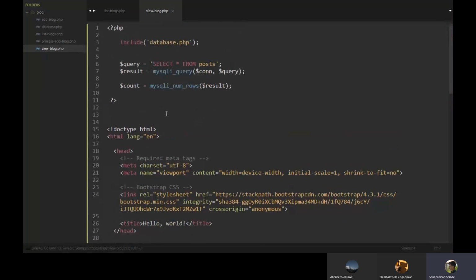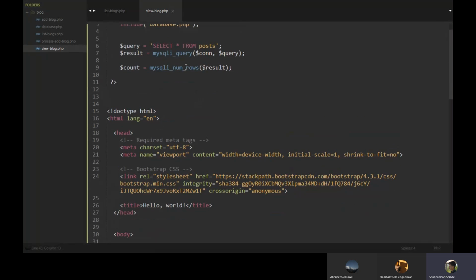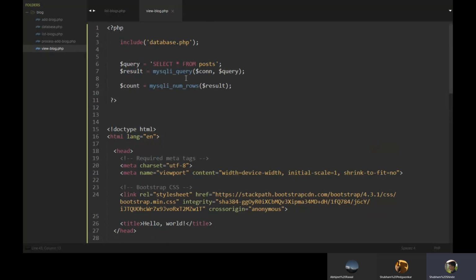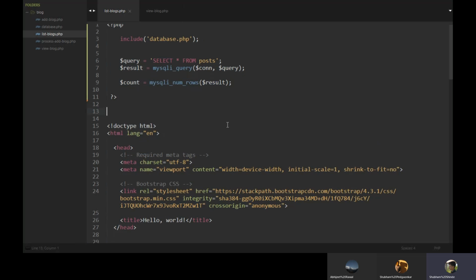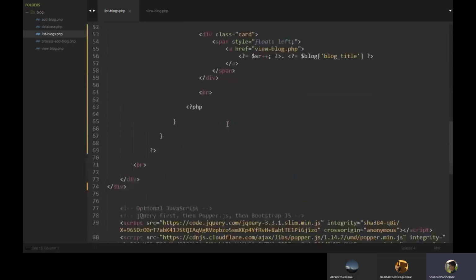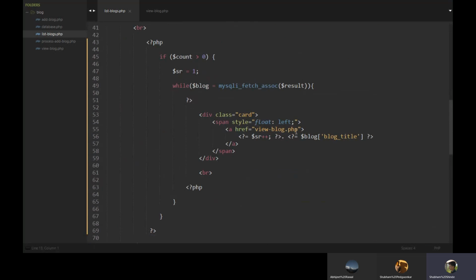Now first we have to recreate or fix this query. This query is for now defined for fetching all the data by select star from post. We'll modify this. For that, first we have to pass the ID in the link for the particular blog. Now in the address we'll pass a question mark for creating a variable after that.